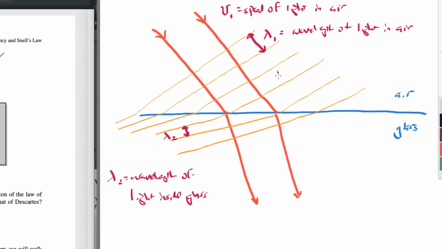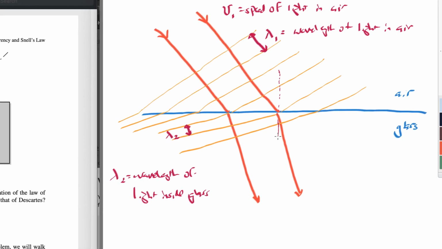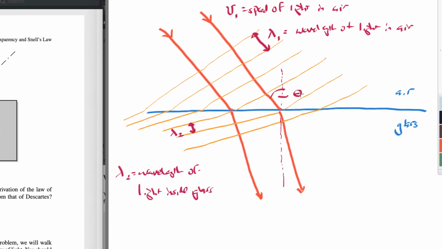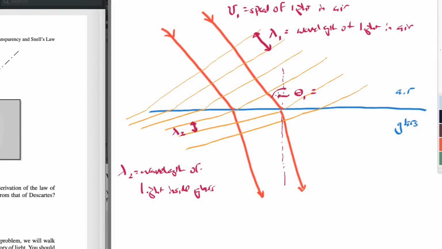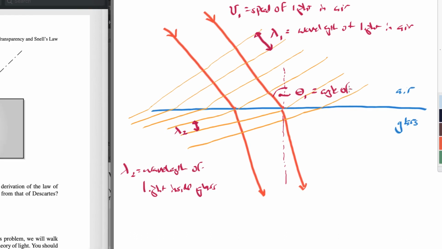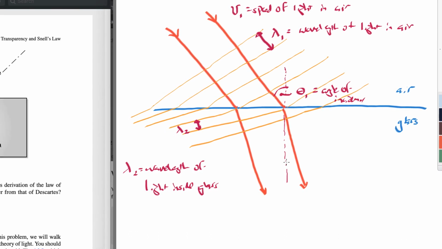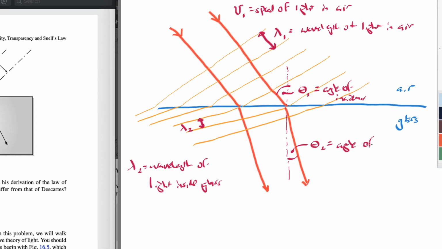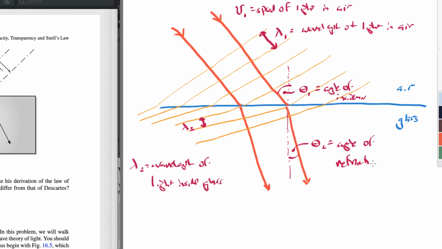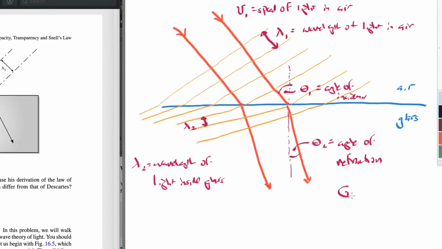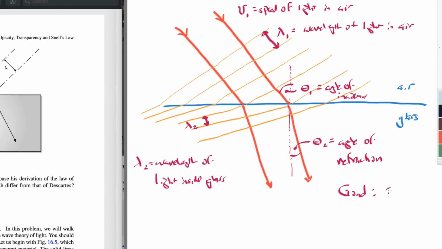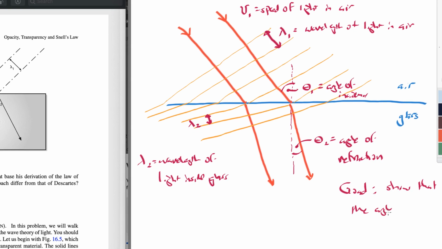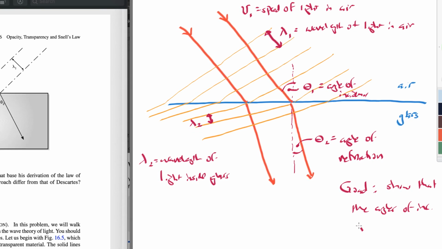Okay, and let me draw a couple of other things here. I'm going to draw a vertical line here, a perpendicular or a normal to the surface. So this right here, we'll call that theta 1. That angle right there is the angle of incidence. And then this angle right here, that's theta 2, would be the angle of refraction. And what we're going to do, the goal, is we're going to show that the angles of incidence and refraction